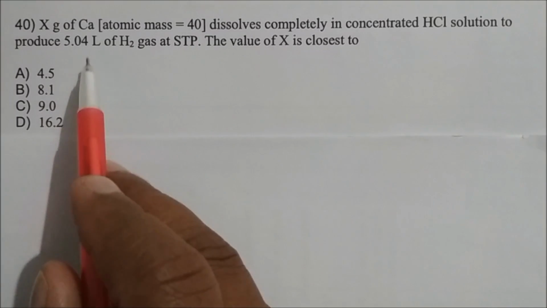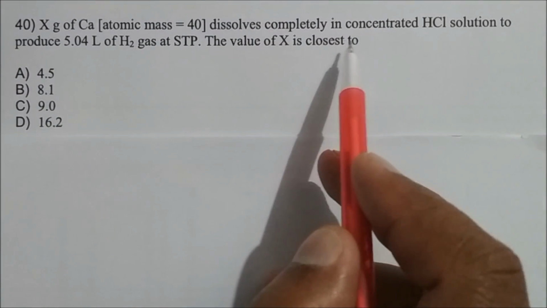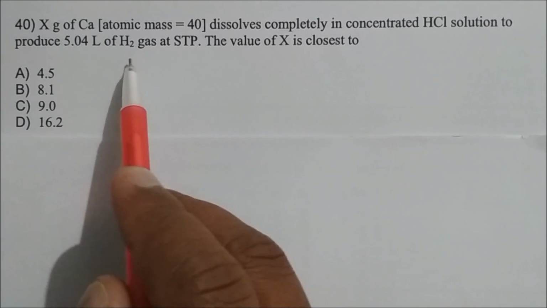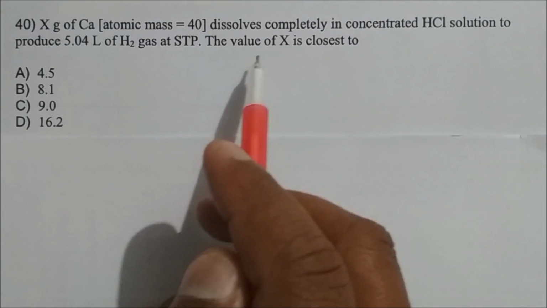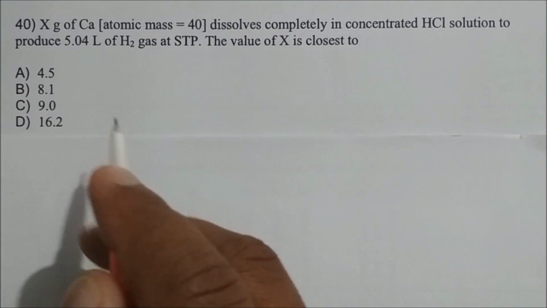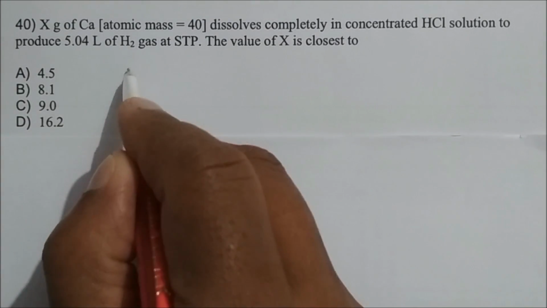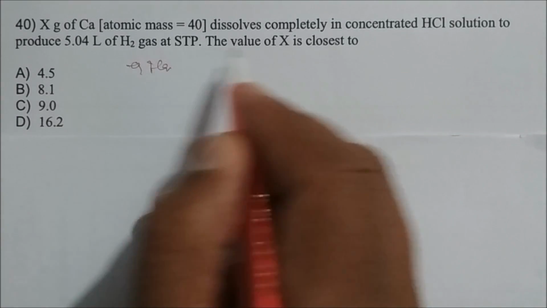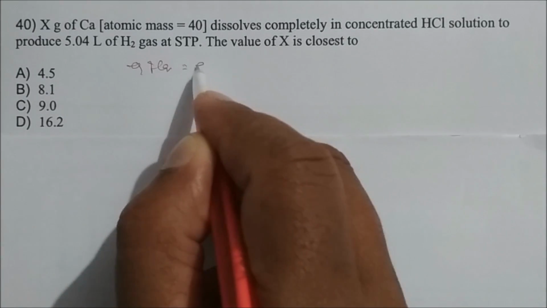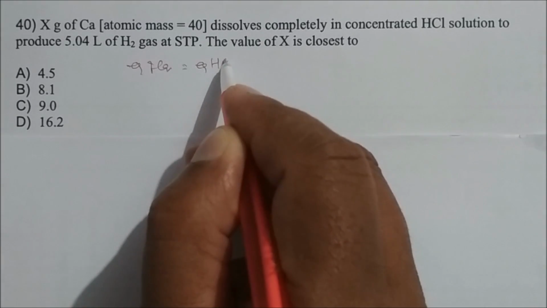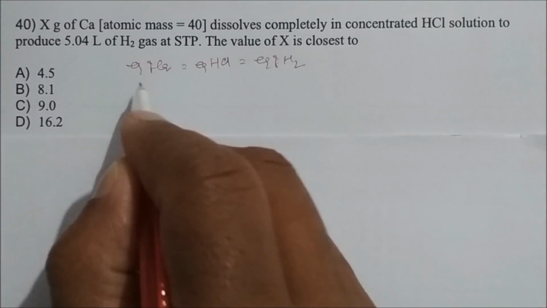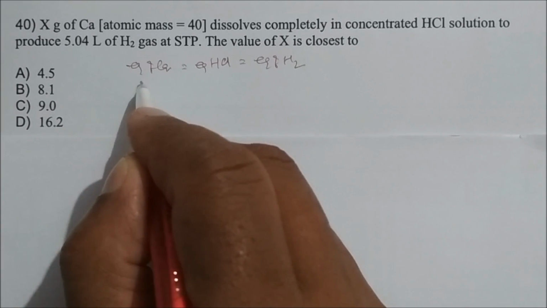X gram of calcium dissolves completely in concentrated acid solutions to produce 5.04 liters of hydrogen gas at STP. What is the value of X closest to? So we can use the concept of equivalents over here. Equivalents of calcium dissolving in HCl, giving hydrogen, is equal to equivalents of HCl, and again equal to equivalents of hydrogen. So equivalents of calcium is nothing but the weight of calcium